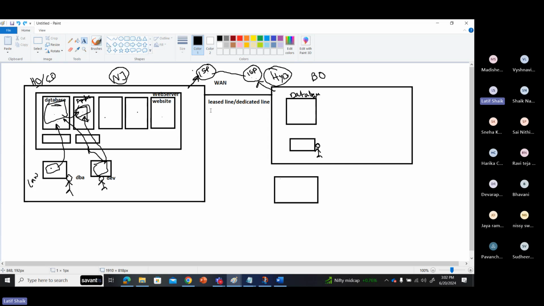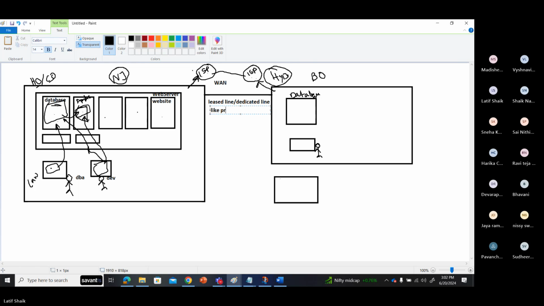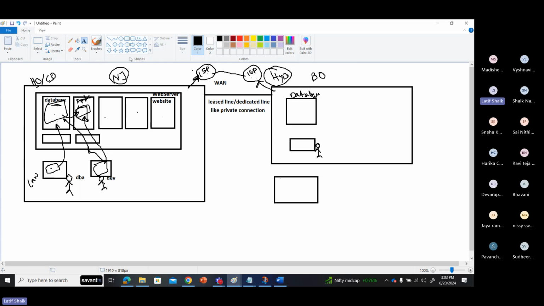It is like a private line, a private connection. It means we can communicate from this private network to this private network, and this private network to this private network, over these leased lines.